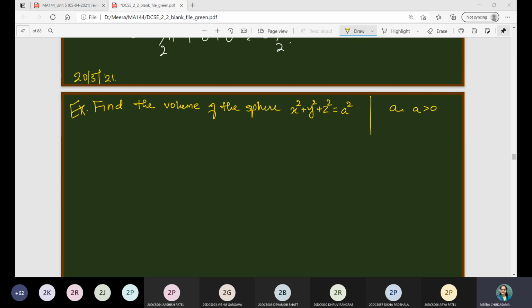It is cube, right? I don't know, this is the simplest question, why you were not responding. Suppose any sphere you are given with radius r, then its volume is given by 4 by 3 pi r cube, and here the radius we are given is small a. So if we find the volume of this particular sphere, we must get the answer 4 by 3 pi a cube, right? So let us now see the application of triple integration, how this formula is derived.